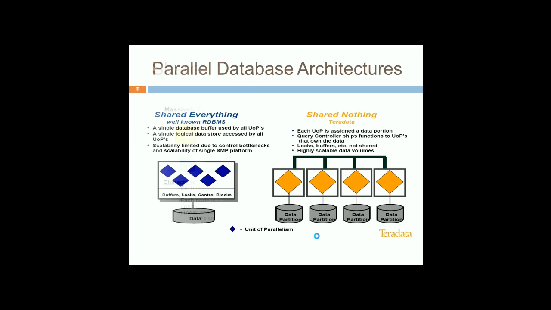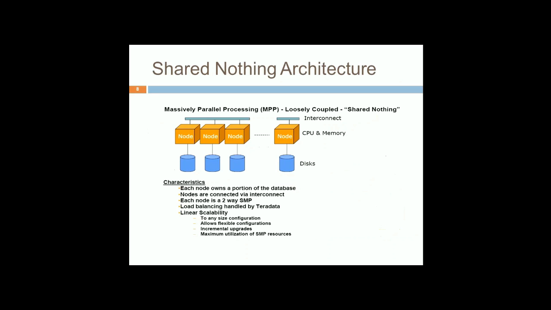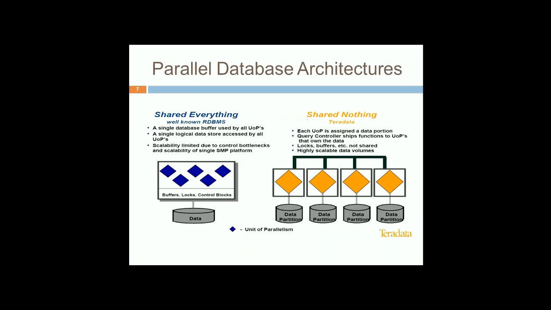Good. So the other thing is that if one of the nodes is down, you won't get the result set for any query because you need all nodes to be functional, right? Yes. So there is a concept called cliques in Teradata, where the data in one node is replicated across other nodes as well, and all of those nodes form a group called a clique. Okay, so even if one of your nodes is down, you can still recover the data from the other node. So that's the replication that is being done